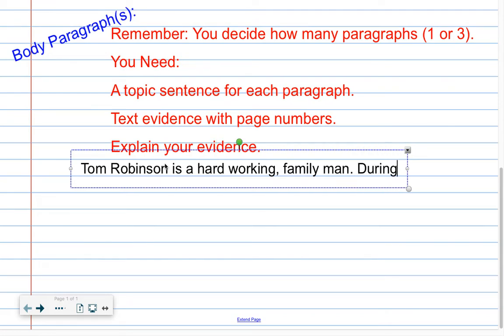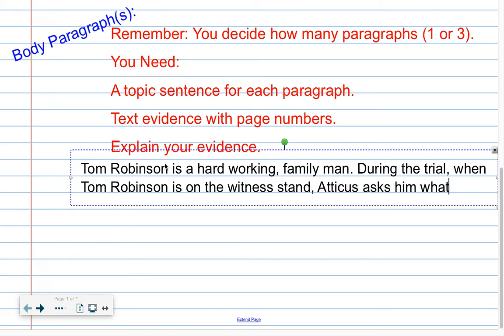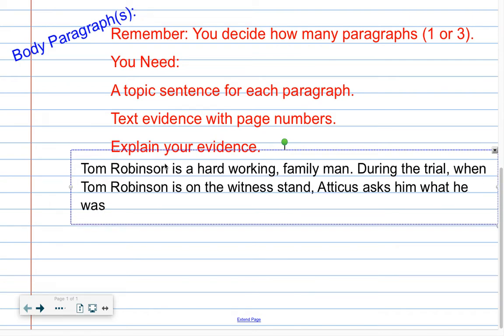So I could write, during the trial, when Tom Robinson is on the witness stand, Atticus asks him what he was doing the night Mayella was raped. Right? So I'm setting up the background information for my reader, and then I could go ahead and